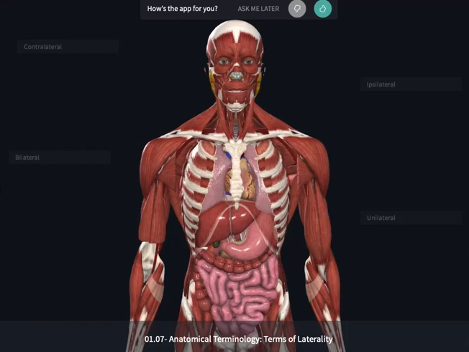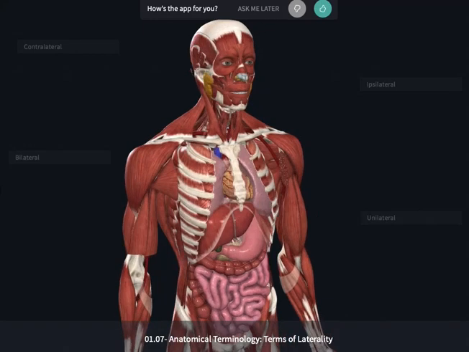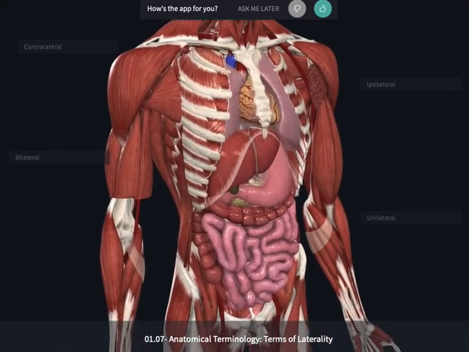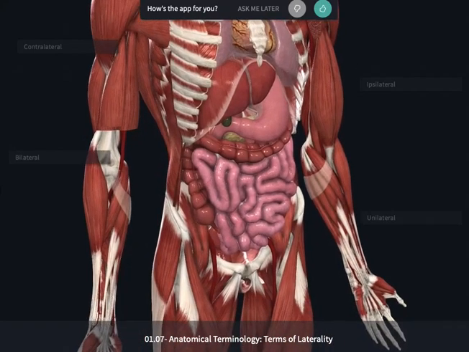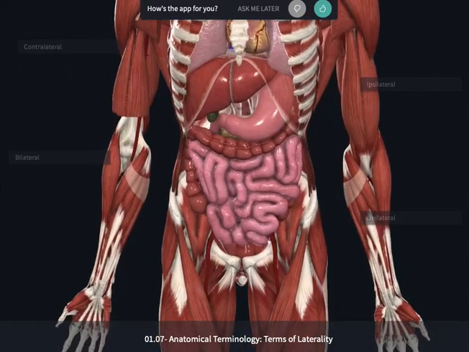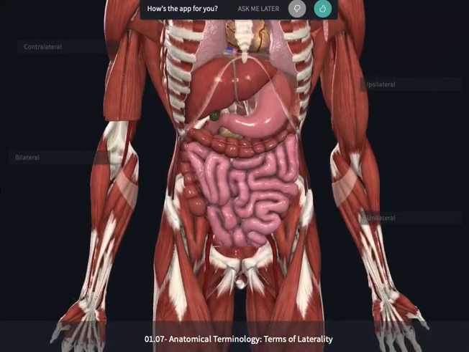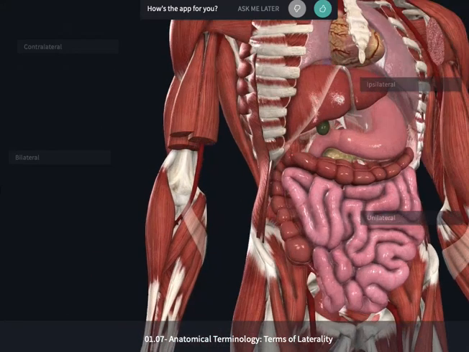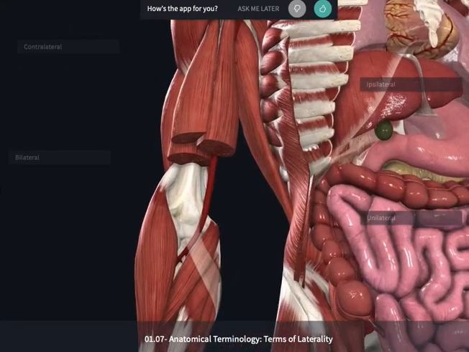Another subset of anatomical terms are terms of laterality. Now, terms of laterality are going to be used to describe how an organ or a structure is related either to itself or to other things, but it's used in isolation. And what I mean by this is it's different than the directional terms of relationship we looked at before, which